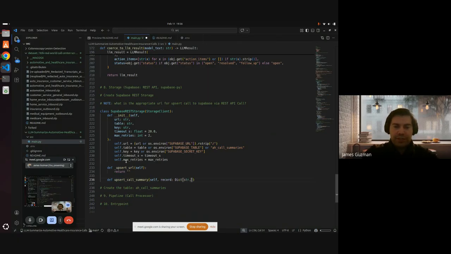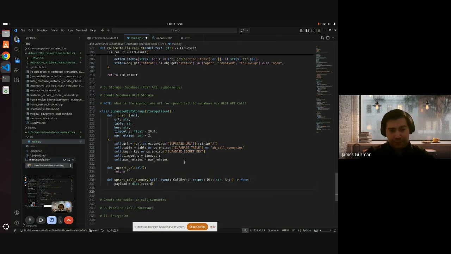The record will be dictionary string any, and in this case we won't return none, but this record will be marked as a payload, and we can pass it into dictionary just to make sure. The other one that comes to mind too is we'll need the call ID to go along with the upsert call over REST API that we're going to be making. So the call ID we can get from our event call ID,